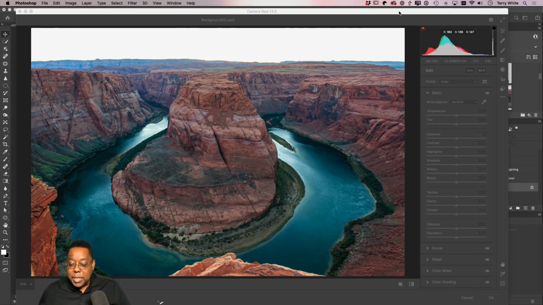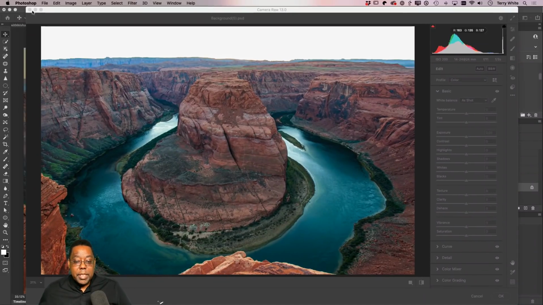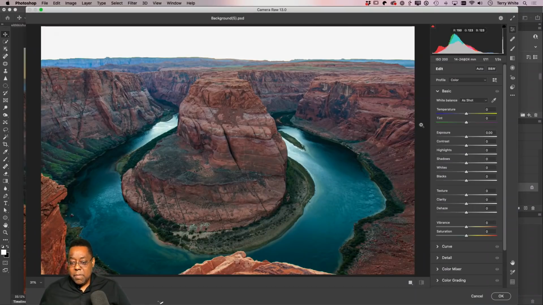adjustment brush. Why is my Camera Raw filter all grayed out? I don't know why. Oh wait, I probably have a dialog box open somewhere. No. Oh, there it is. Okay, so I go in and I